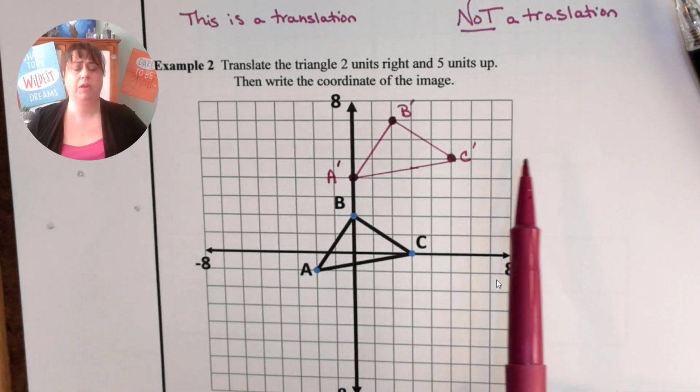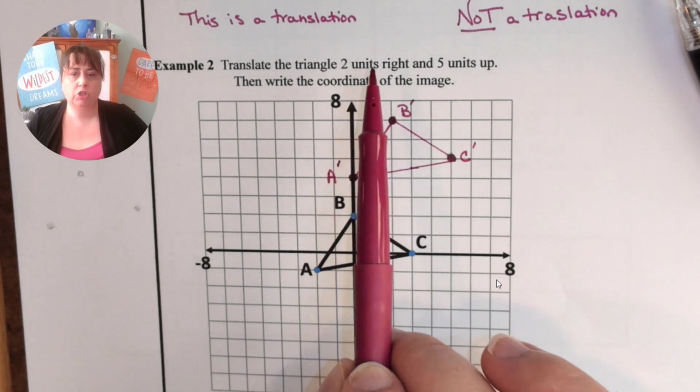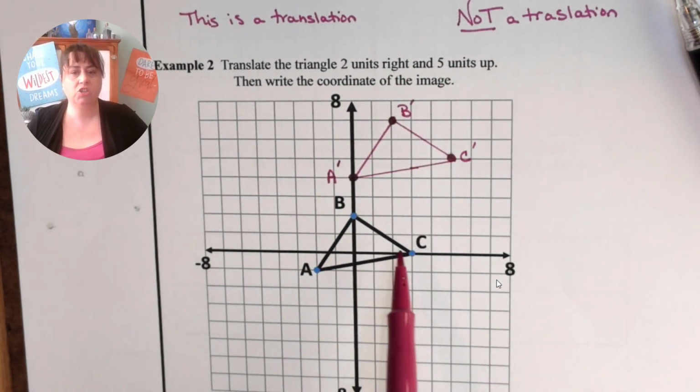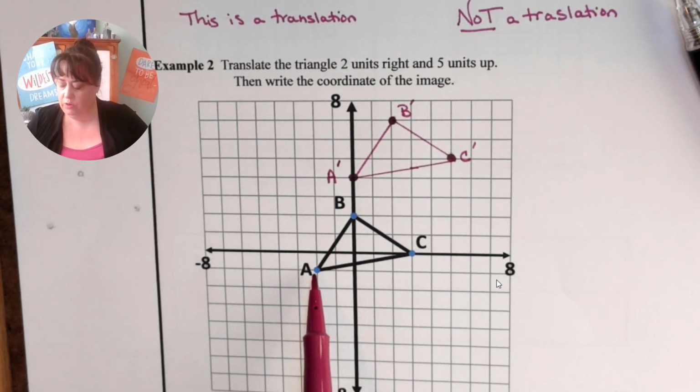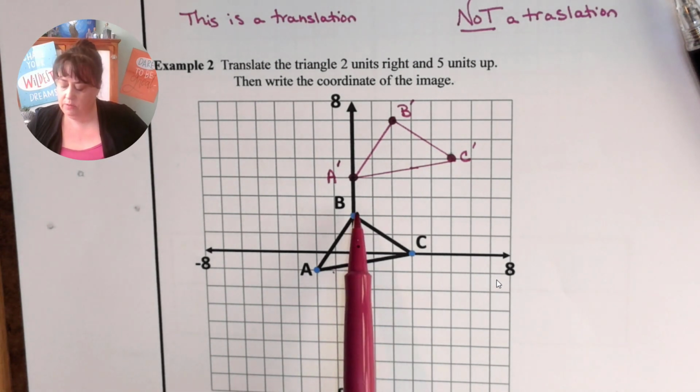So this is how we can check and make sure we're in the right places. 2 units right and 5 units up. I can check each point individually. I can go 2 units right for my original, 1, 2, and then 5 units up, 1, 2, 3, 4,